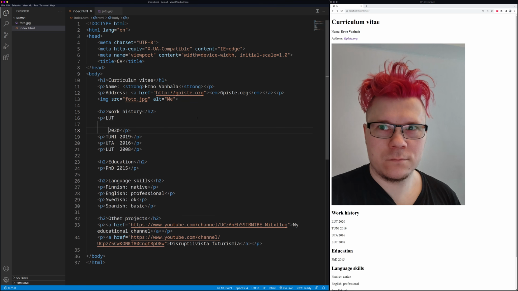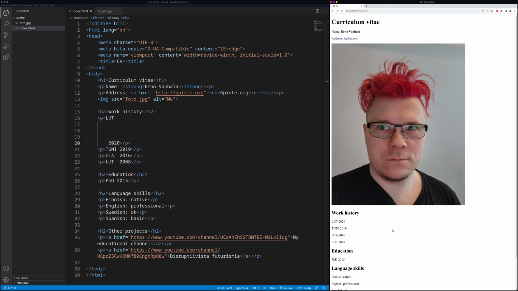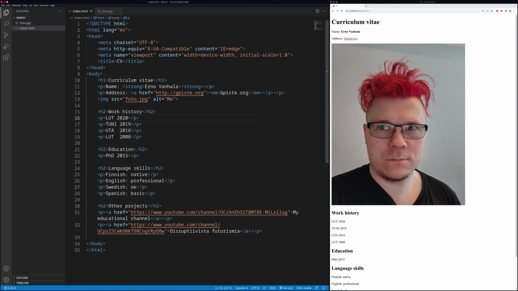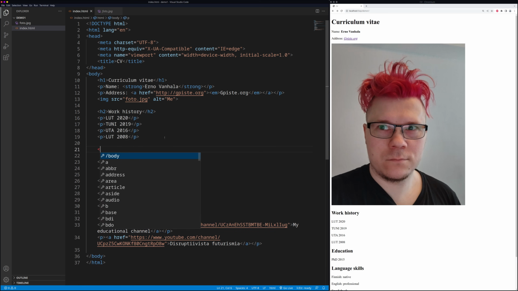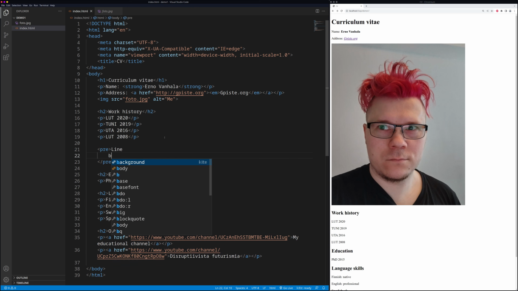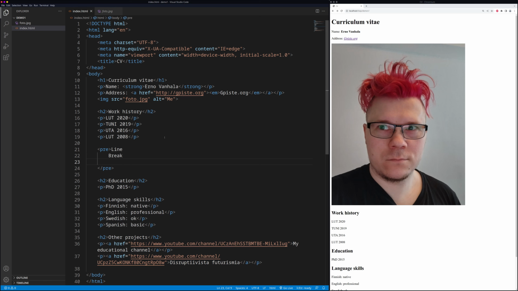If I put line breaks, nothing happens. So this is the HTML feature. You cannot have line breaks like that. You need to use a tag. So if we want to have a line break like that, then